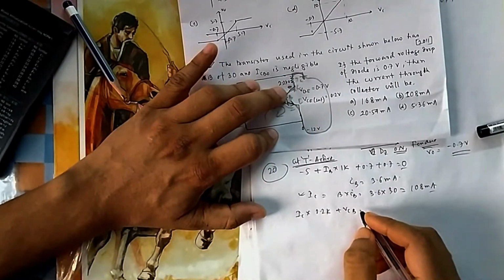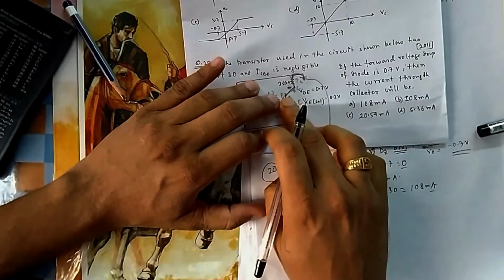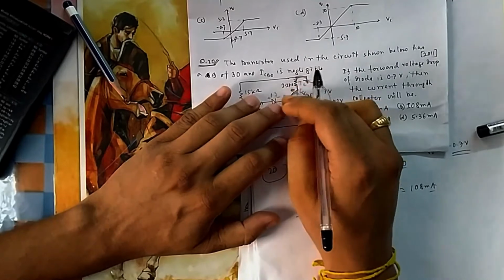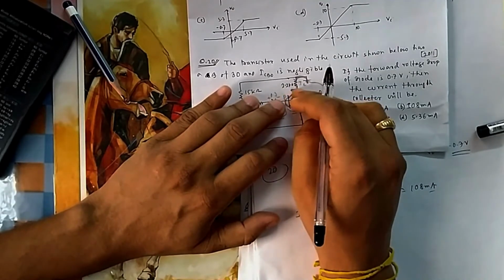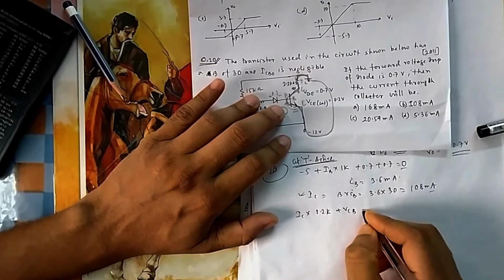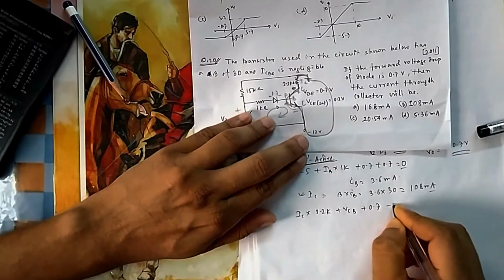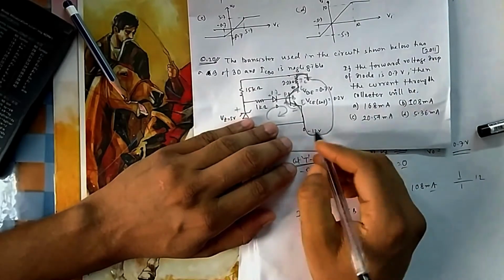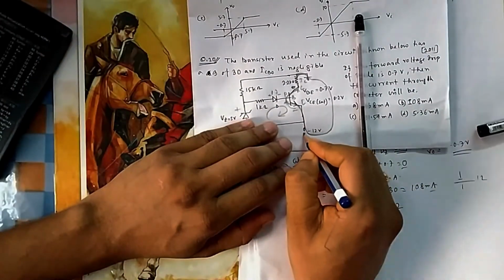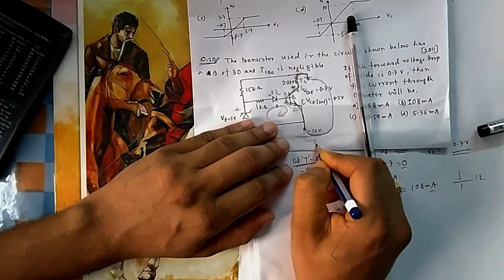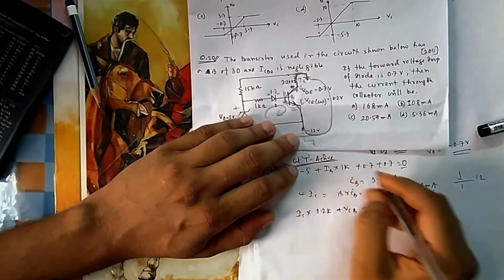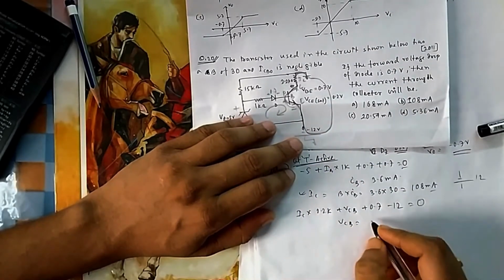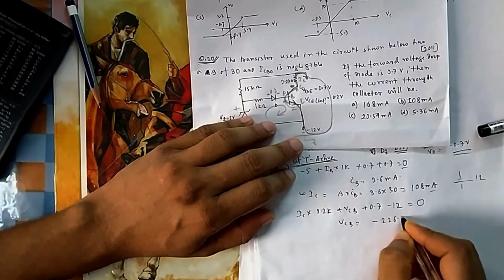If VCB is positive, then the transistor is in active region, because VCB positive means, you can see it is an NPN transistor, this is P, this is N, so this side positive, this side negative means the PN junction is reverse biased. So VCB plus 0.7, and this is -12. You can consider this a battery of this form, -12, and this is grounded. So it is -12 equal to 0. From here, if you calculate by putting IC, you will get VCB equal to -6.3.